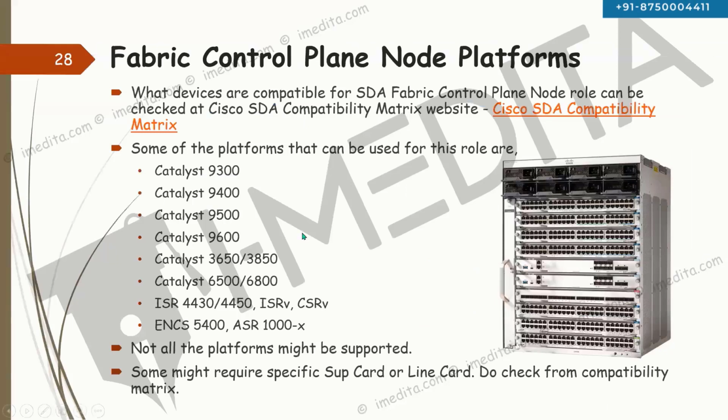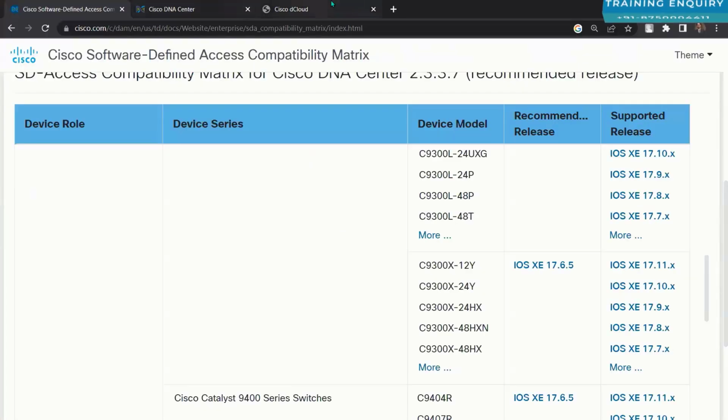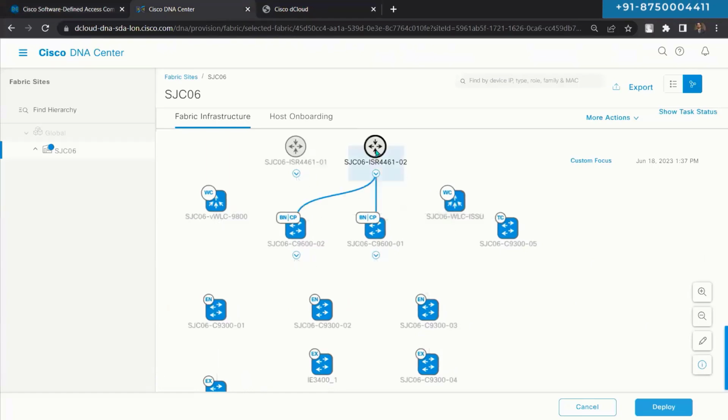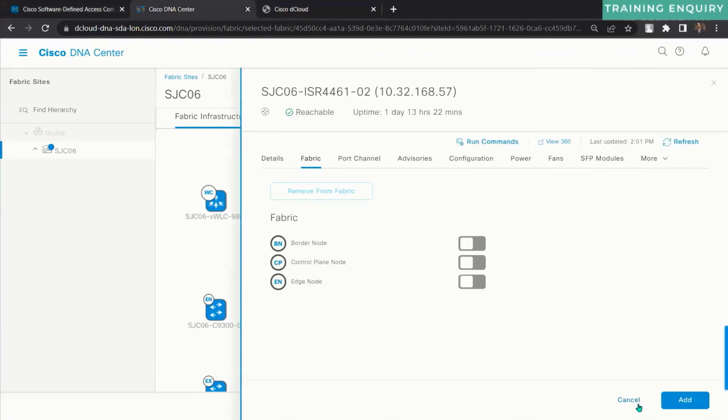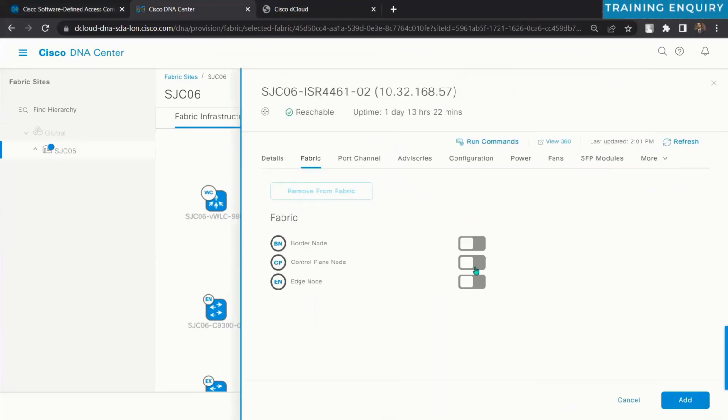How to set the control plane node functionality? Same thing. Just go to that portal and visit that page. Let's say, for example, we want to set the control plane node onto the device. Just click on the device, an ISR 4400 series router, for example, and set the control plane node. Just click on the add button. That's it. Add, deploy,